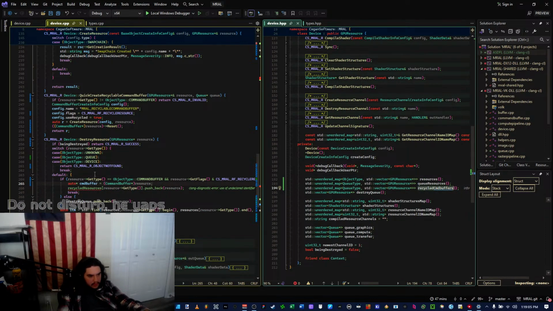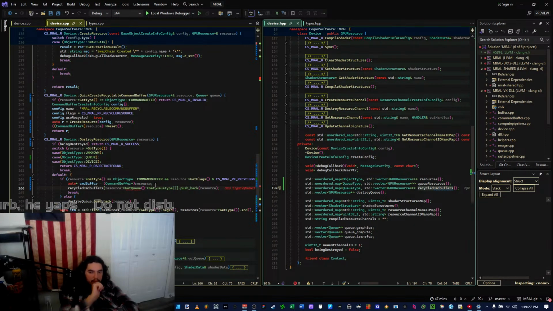recycle command buffers. Get q type. Or no, I'll do get q type.